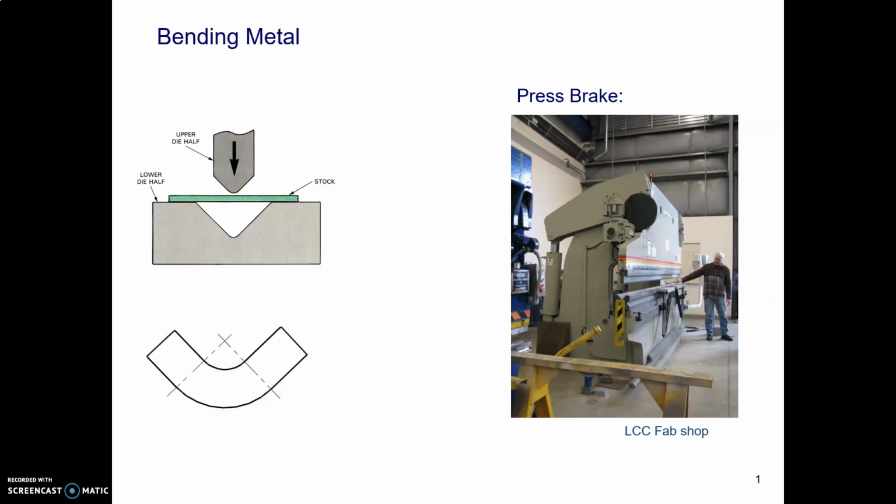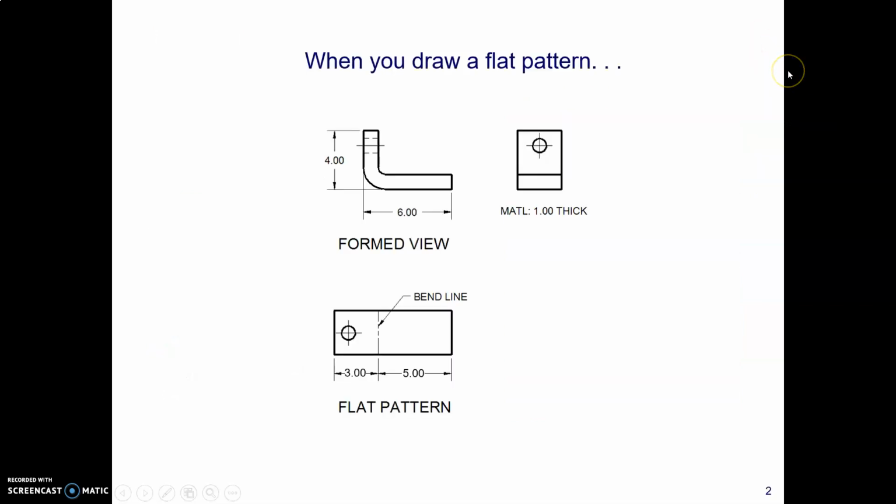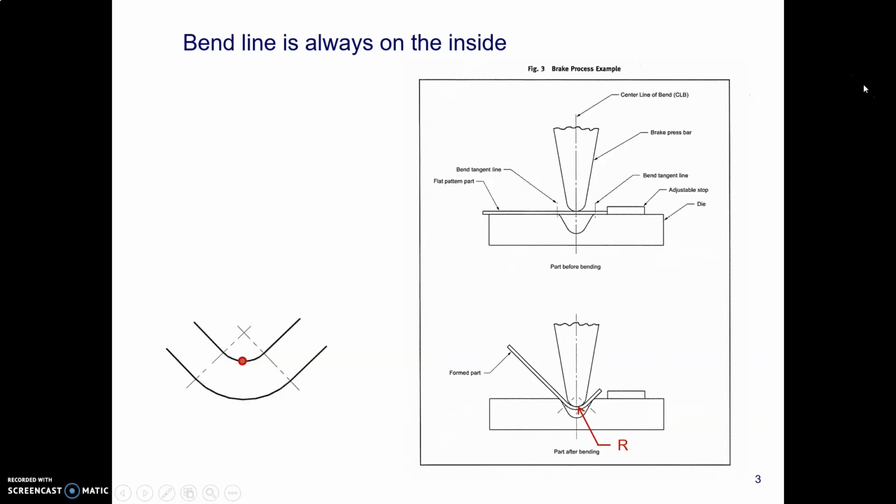Now let's look at how to calculate bend allowance when you have material that is thicker than 3/16 of an inch. So again, just to review, here's our pair of dies in our press brake. Here's our material sitting in those dies, and there's the inside corner that's going to get bent. When you draw a flat pattern from a formed view, here's the flat pattern, remember that the bend line is always on the inside of that bend because that's where the press brake die